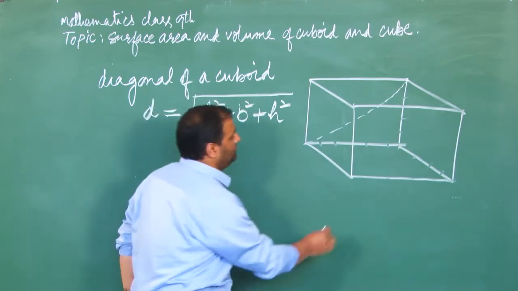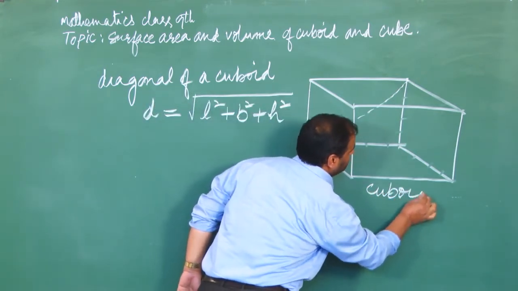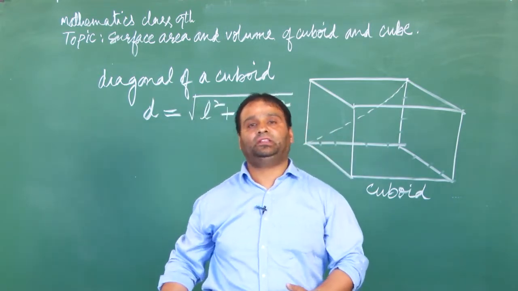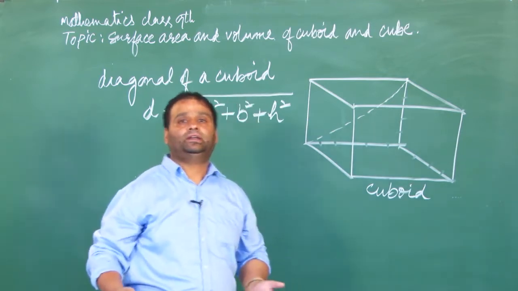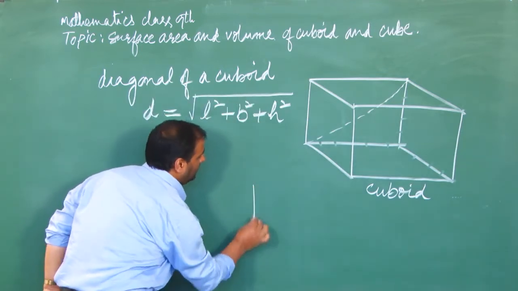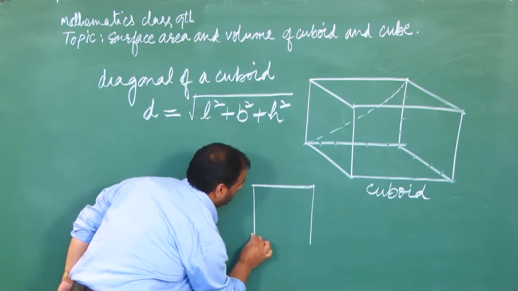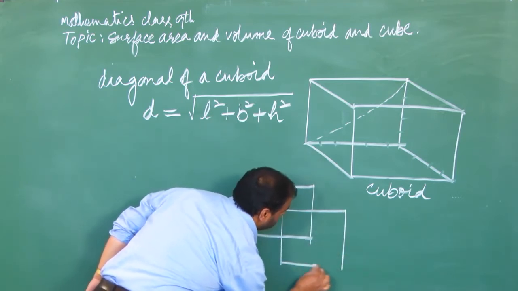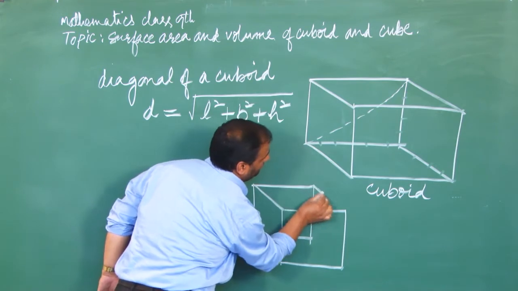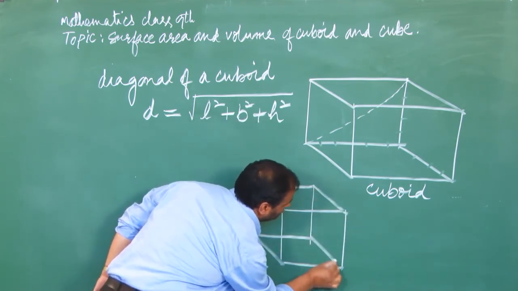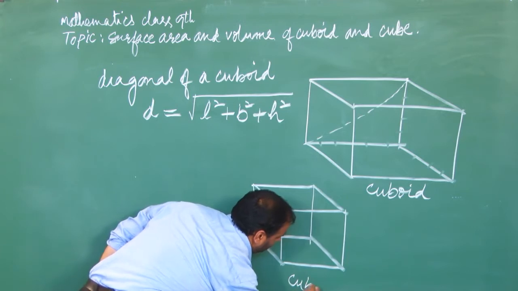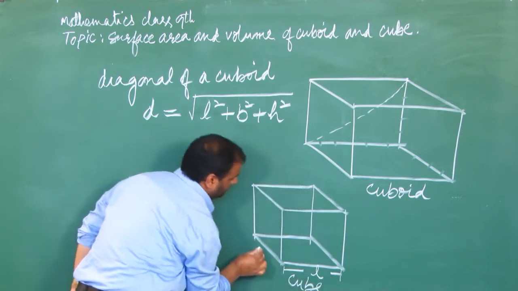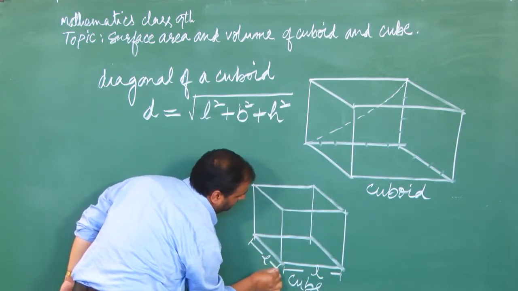As we know, a cuboid is a solid figure. It is in fact a 3-dimensional figure with varied length, breadth and height. Now what is a cube? Simply, a cube is again a cuboid, but in that case we have 6 surfaces that are square in nature. These are having square sides. Again, this cuboid is called a cube. Instead of writing length, breadth and height, we say the edge of the cube from all its sides is the same, and